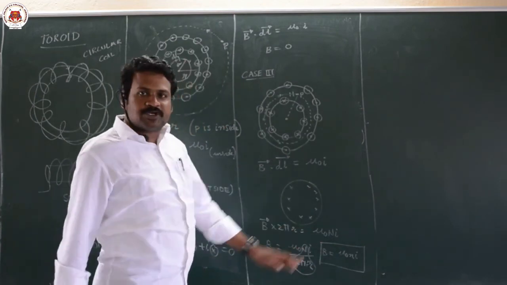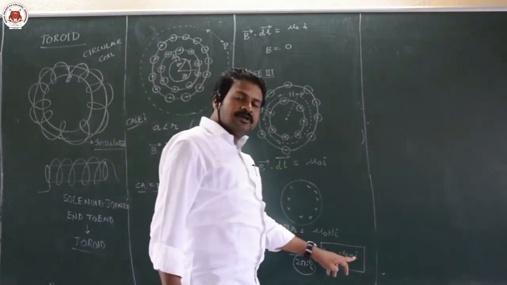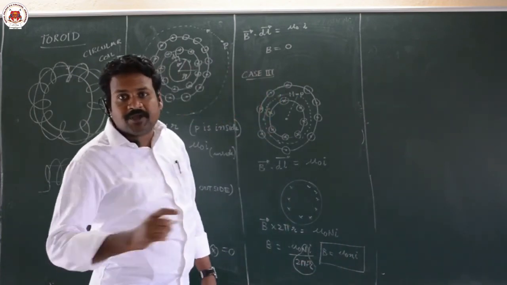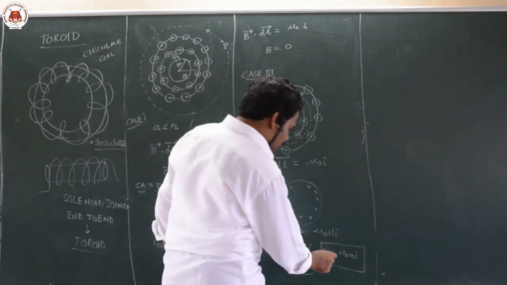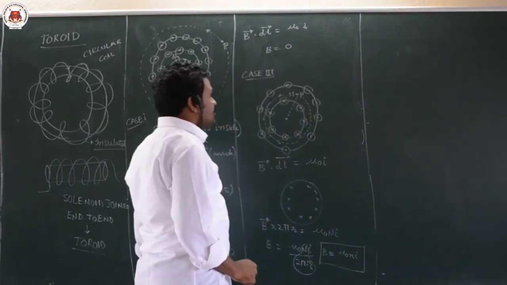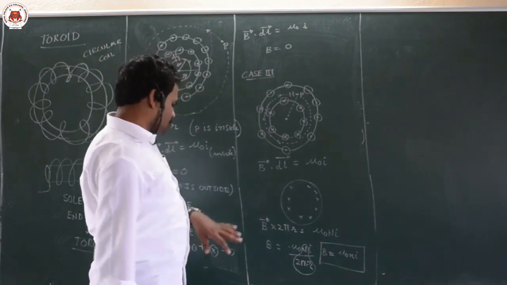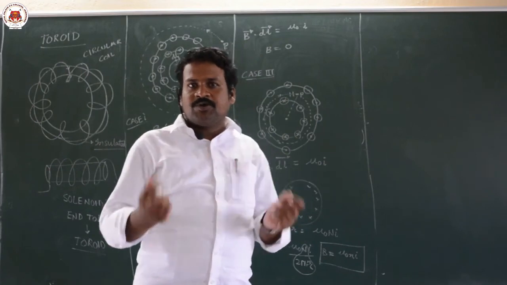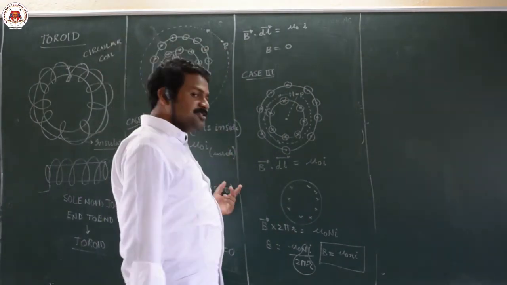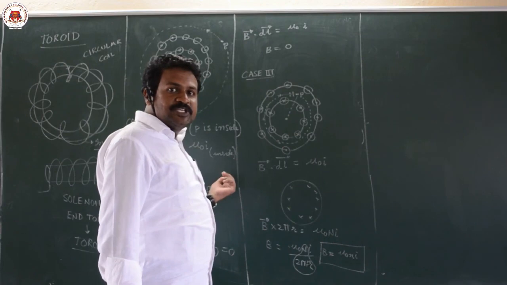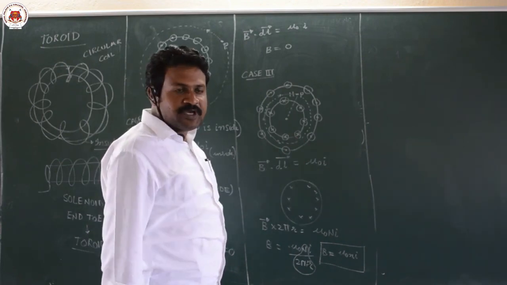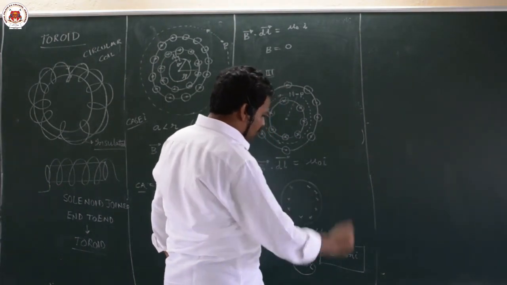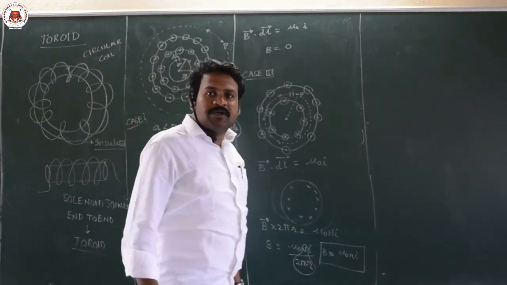It looks similar to a solenoid, but there n is capital N by L, here n is capital N by 2 pi r. So this is B. B is equal to mu naught n I. This is about the toroid. So in this video you studied what a toroid is. It is a wound solenoid. So 3 cases you have studied. Inside this free space and outside this free space, there is no magnetic field, and within the coils there is a magnetic field, that is B equal to mu naught n I.